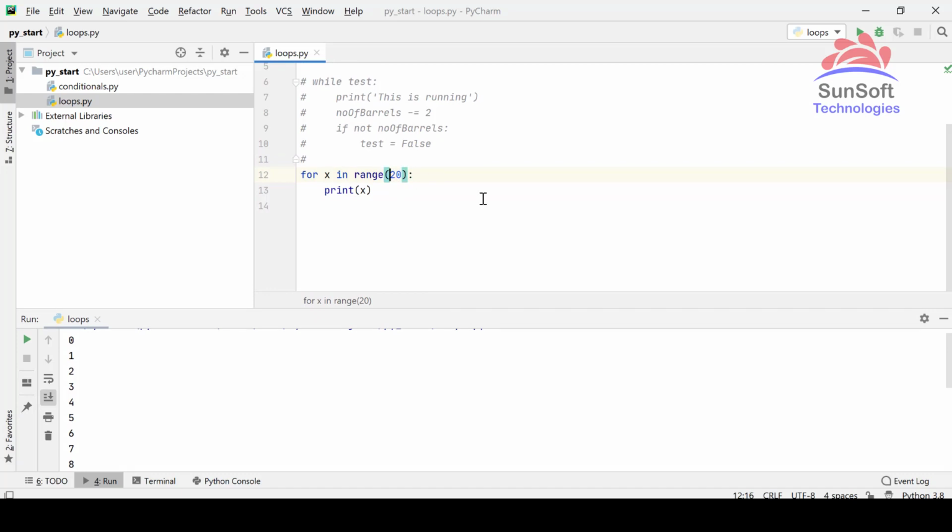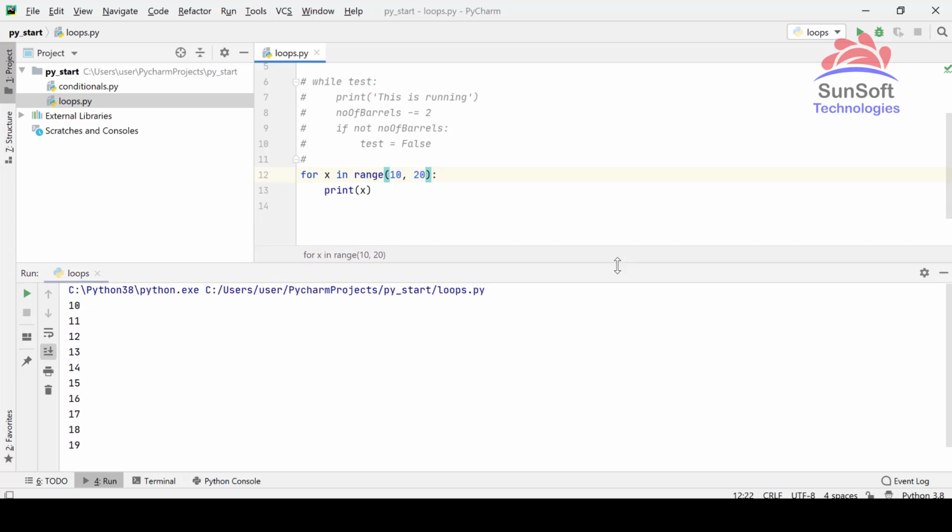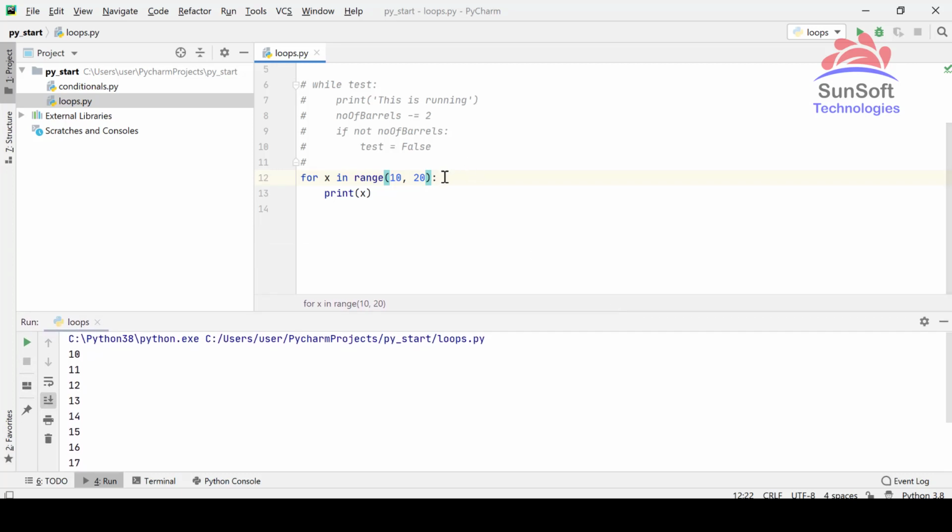What if I want to start from 10 and go up until 20? If you want to include 20, you have to give it 21, not 20. If you give it until 20, then it will only print out until 19. So you see, it started from 10 and went up until 19 again.